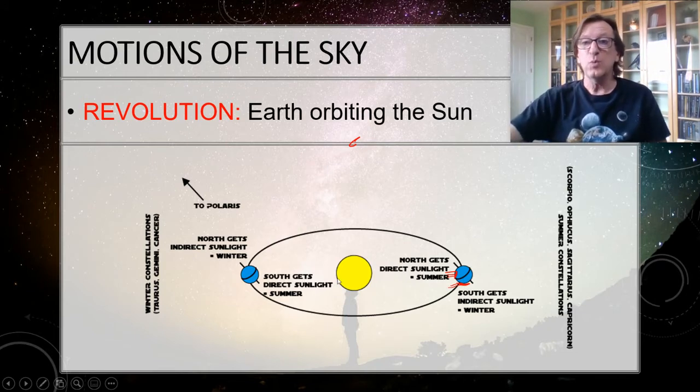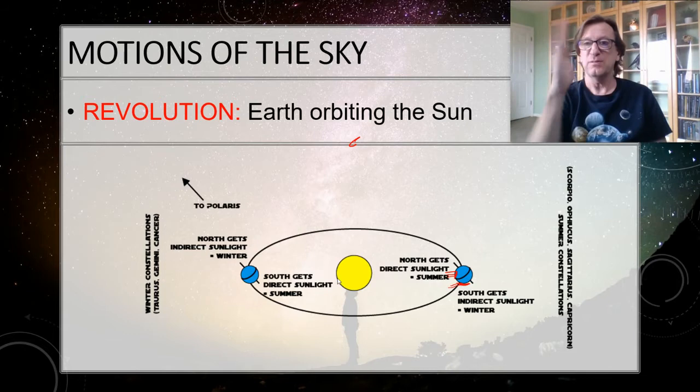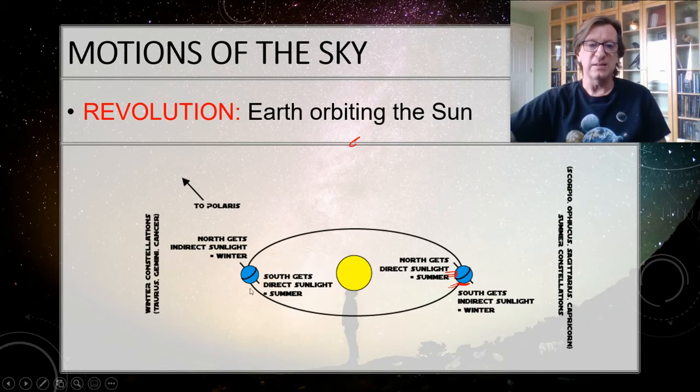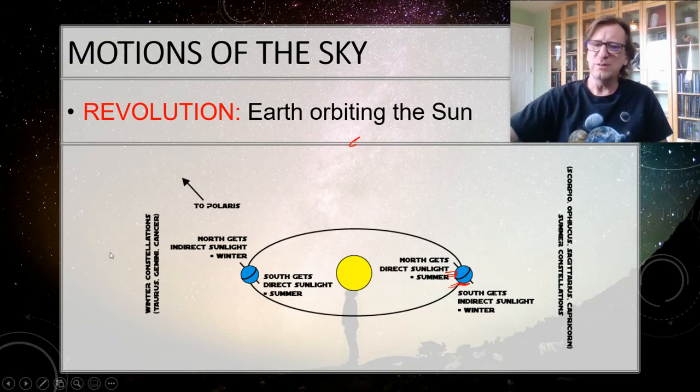So summer and winter correspond to positions in our orbit. The axis of the Earth doesn't go back and forth. It's where we are in our orbit. So on this side, during the winter time, we're pointed on this side of the sun. And so I can see the constellations on this side of the sun are Taurus, Gemini, and Cancer, and a couple others. But these then we would call wintertime constellations. Why wintertime?